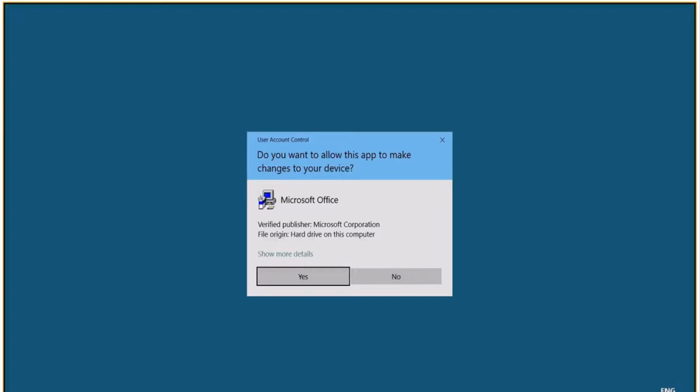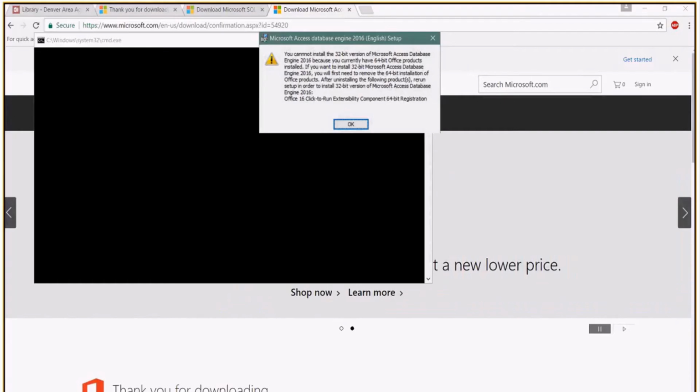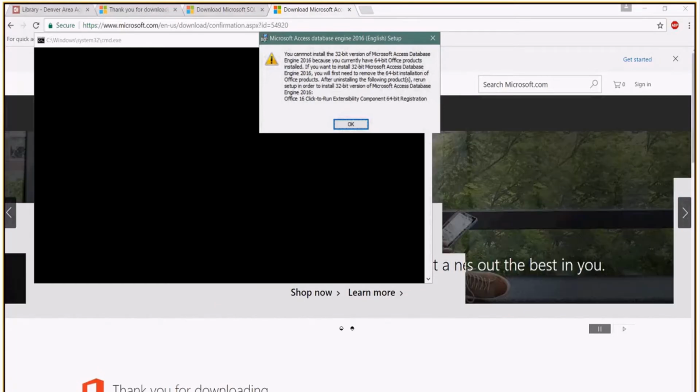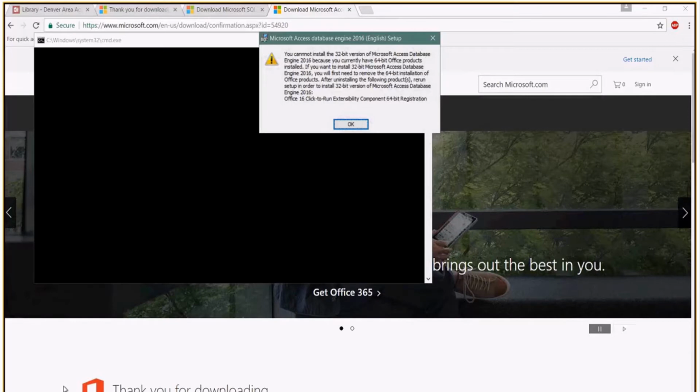So I wonder what 64-bit version of Office I have. Let me try something else. Let me try the earlier version of the database engine. Oop, I think there was a 2010 version that used to work. If all else fails,